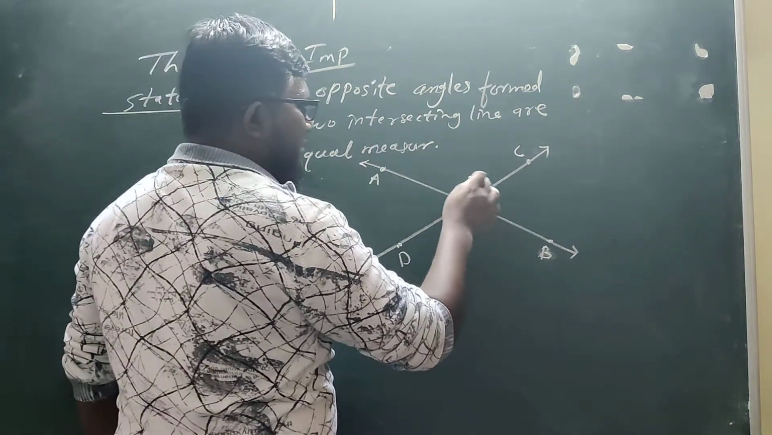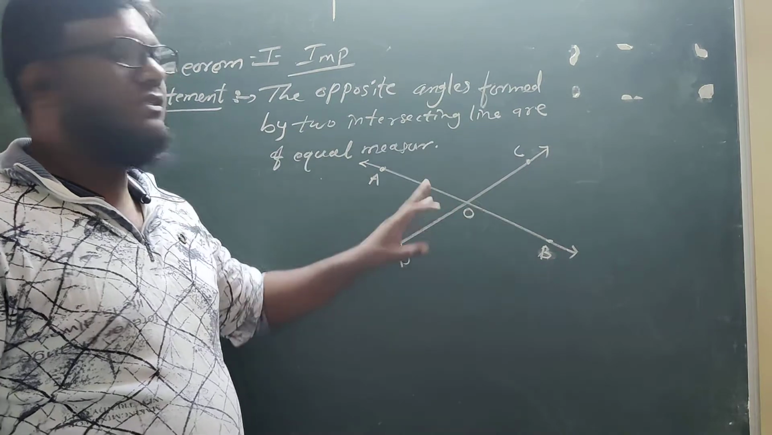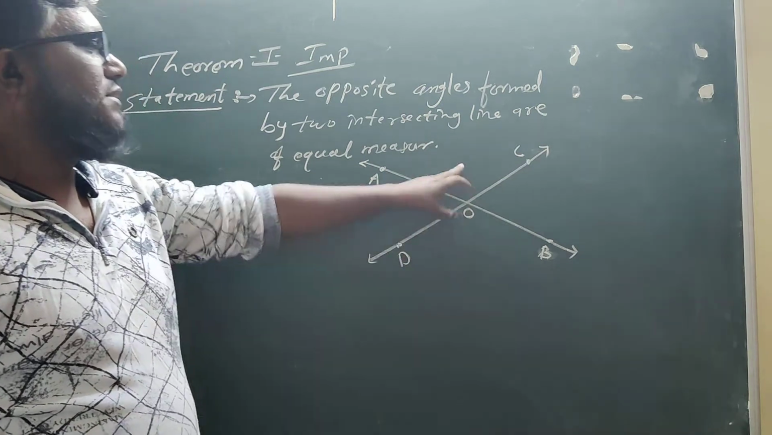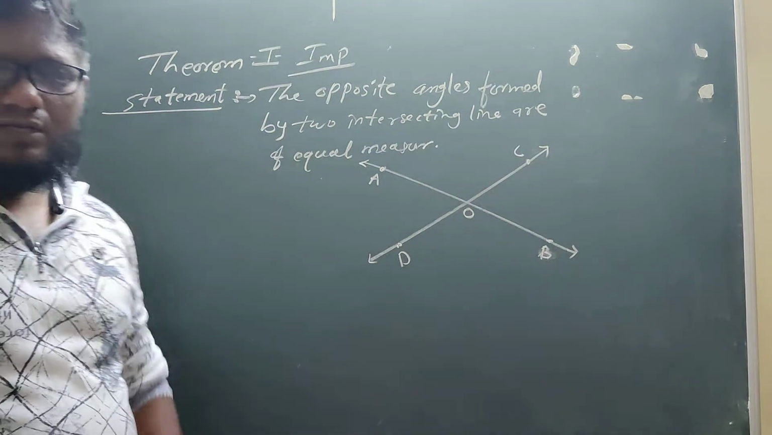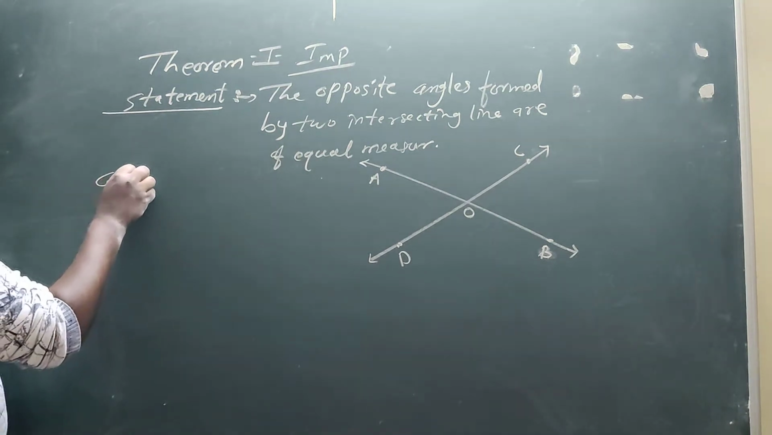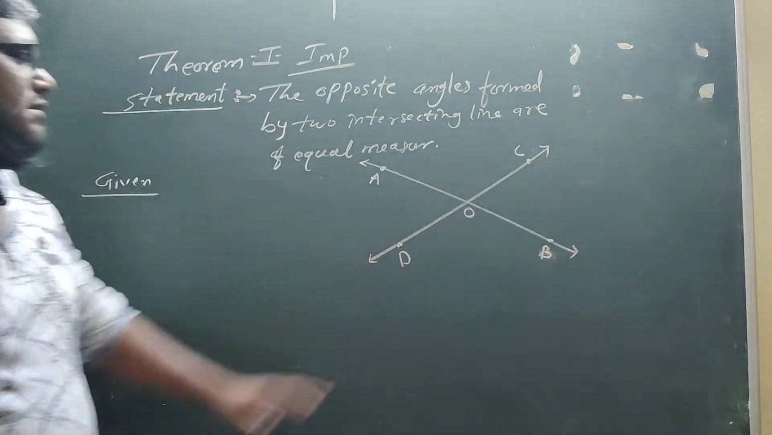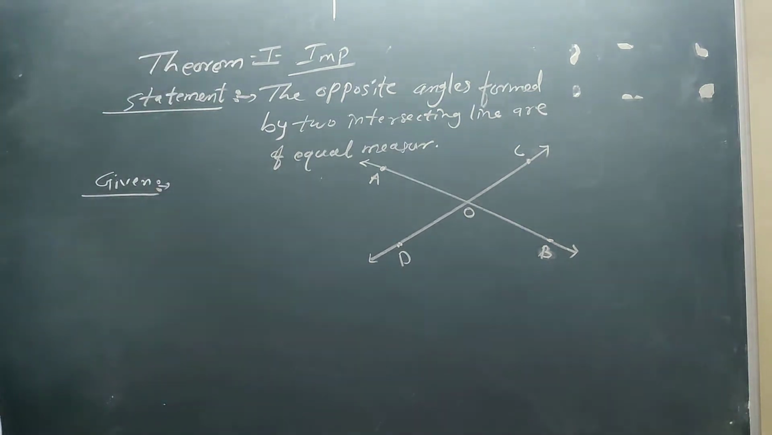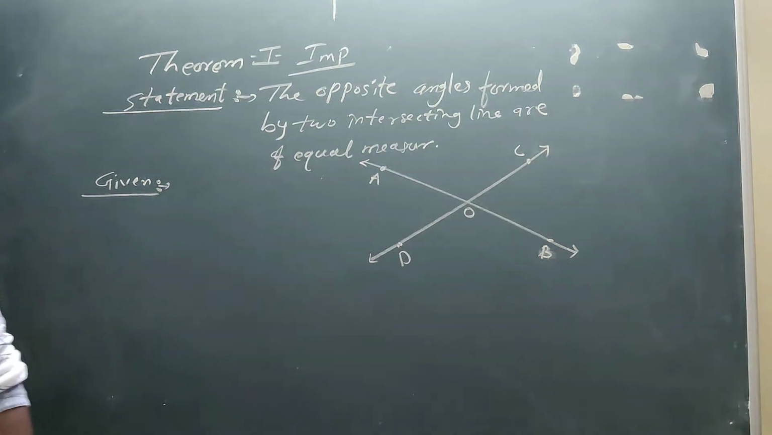Now two intersecting lines give us four angles, and if we see the measures of these four angles, two angles are congruent to each other, and the other two angles are also congruent, equal in measure. First of all we have to write the given things. While proving a theorem, we have to draw the diagram first, and then look at the diagram and write the description given in it. Now what is given? The line AB and line CD